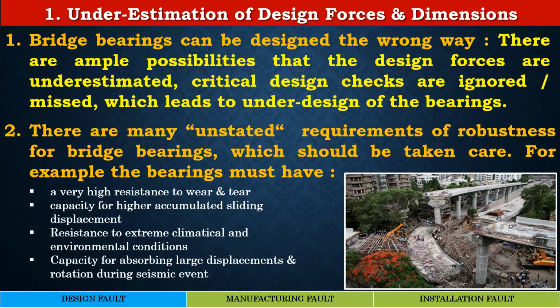In this case, after the collapse, detailed investigation revealed that the designer simply designed this curved bridge as a straight bridge, calculated the forces, and at the end of all the calculations, he simply added 25% to account for curvature. Now, this is a gross error because the behavior of a curved structure is entirely different from that of a straight bridge. In case of the curved superstructure, the forces in the bearings were coming out to be negative,